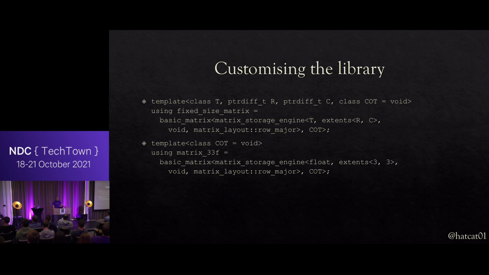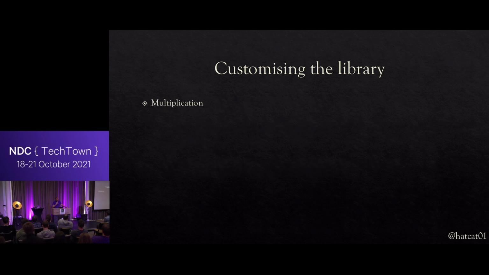But why would you want to customize the arithmetic traits? Surely arithmetic is just arithmetic. Let's take a look at multiplication. At worst, to multiply two n-square matrices requires n-cubed multiplications of scalars and n squared minus n additions. That is a lot of work. This means the complexity is O(n) cubed, although there are cache considerations to bear in mind that aren't a part of complexity calculation, but it's a big old job.